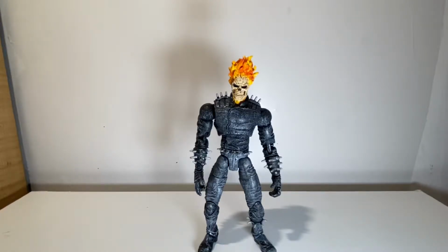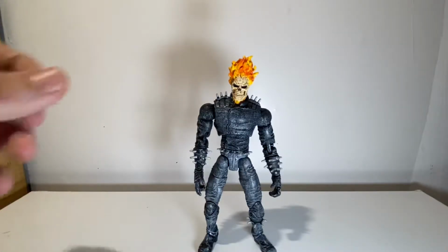And today we have the Ghost Rider. Now, when you see this guy in this look right here, you may be thinking, this is Johnny Blaze Ghost Rider. But no, it's not. This is Danny Ketch Ghost Rider, who I'm pretty sure is going to be what they're bringing into the movies now for the MCU, who, this man right here, first appeared in